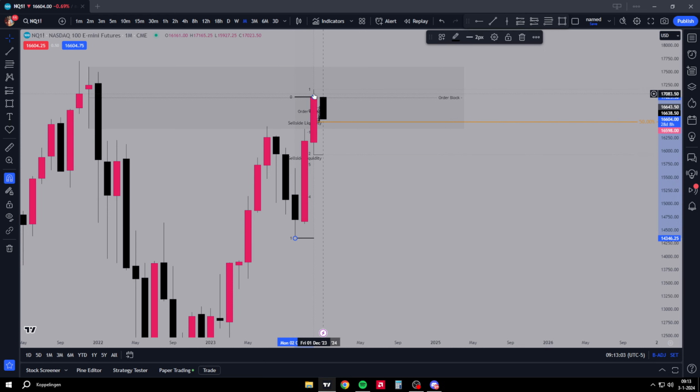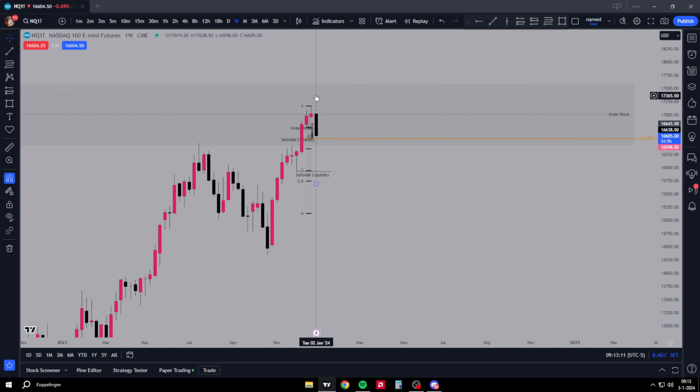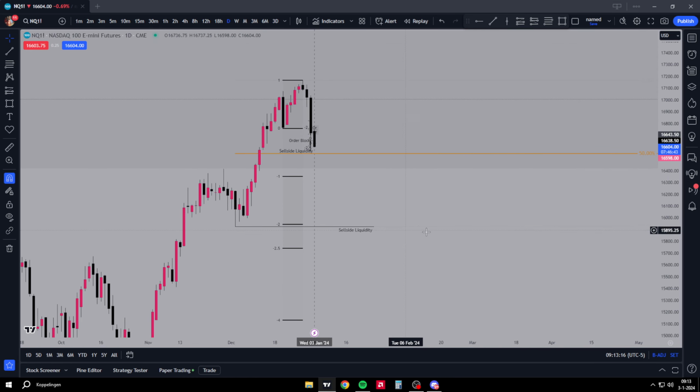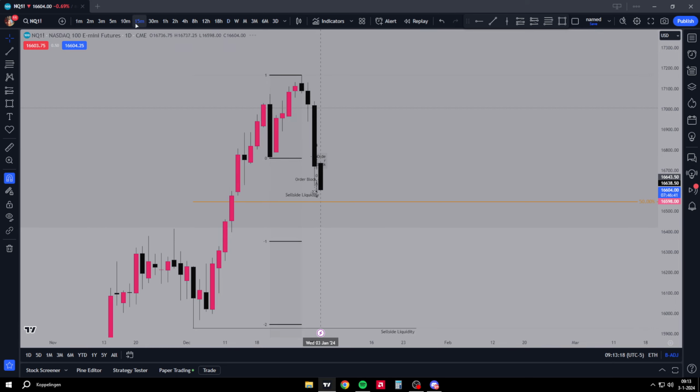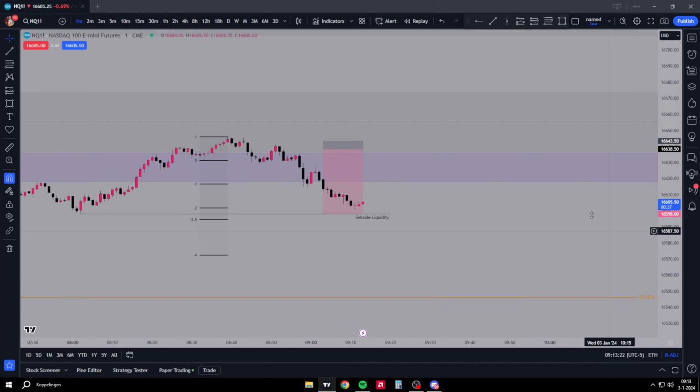If we look at the monthly equilibrium, it would be here to here. This is monthly equilibrium with the monthly for value gap. That's monthly equilibrium. This is not even weekly equilibrium, it's like a 2-3 day equilibrium. So that's an easy target, which I want to see. That really would have been a nice short.